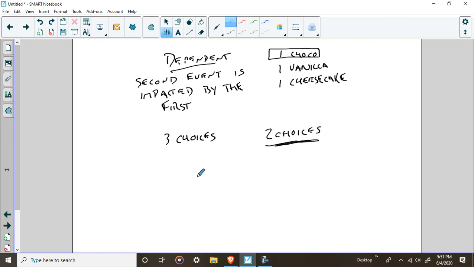So the first person had a 3-choice thing, right? And the second person had a 2-choice thing. So if you're choosing at random, the first person has a 1 out of 3 chance of getting a chocolate. The second person, they only have a 1 out of 2 chance if it's left, okay? So again, your first one influences your second one. So this person only has 2 choices, this person only has 3. These are dependent, okay? In other words, they're not totally apart from each other. This person's choices are impacted by this person's choices.